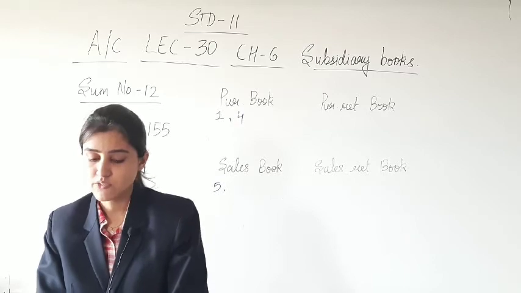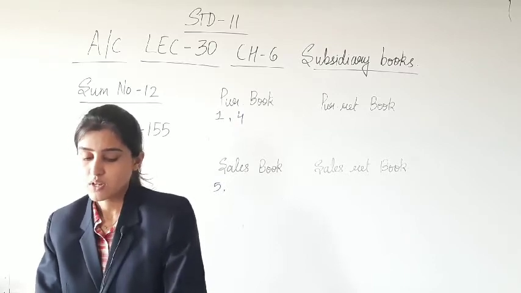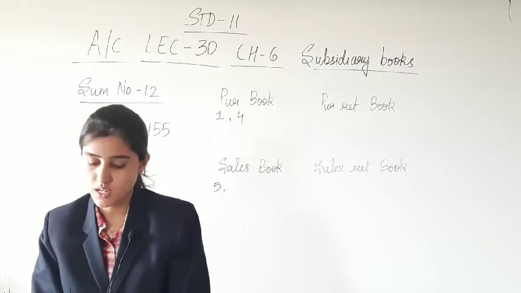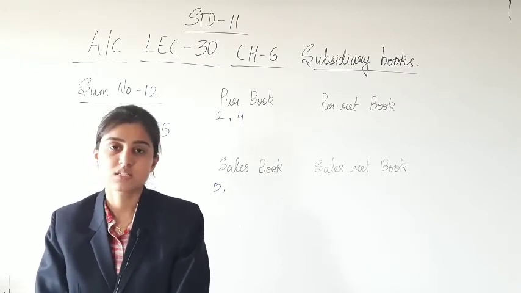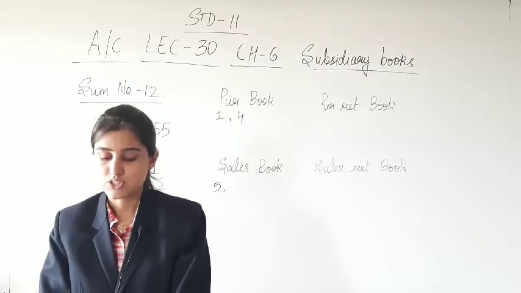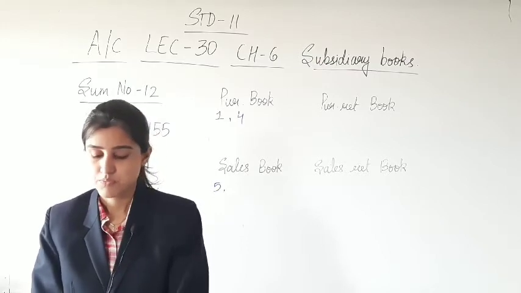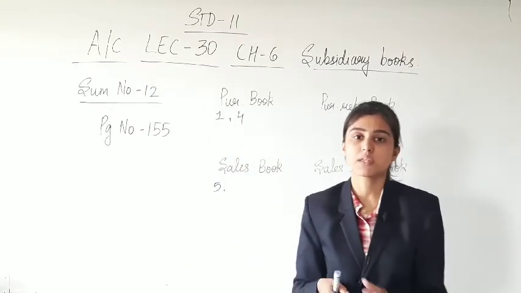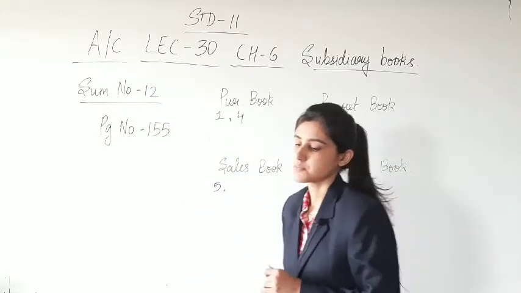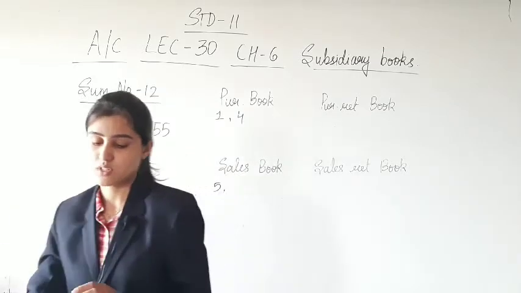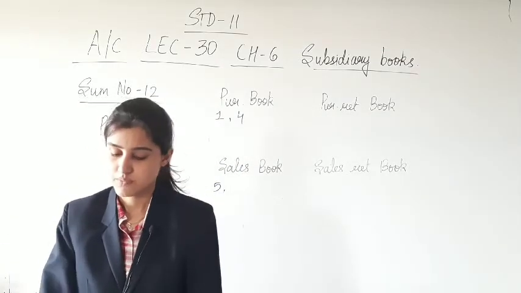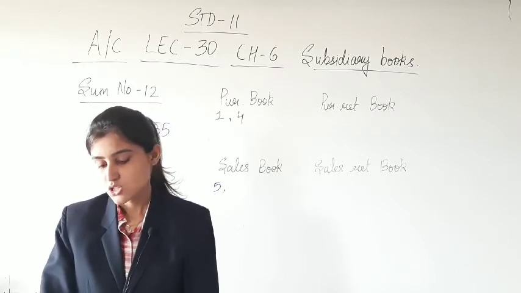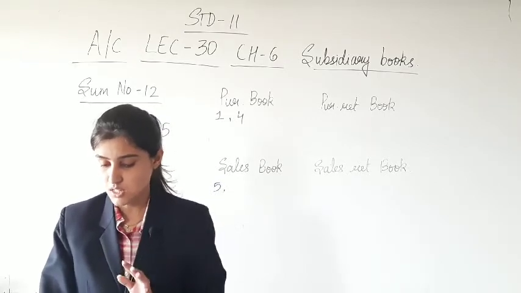Then on 11th of November, purchased goods of rupees 10,000, cash memo number 58. Of course, this is a cash transaction of purchase of goods. For this, you are supposed to write down a note. Cash purchase will be recorded in cash book, and it cannot be recorded in any of the subsidiary books of goods. 15th of November, the next transaction, Suresh returned goods of rupees 3,000.